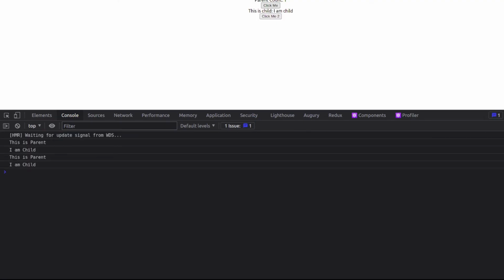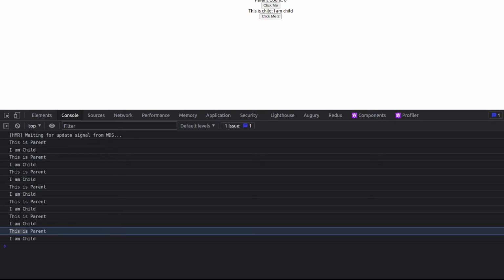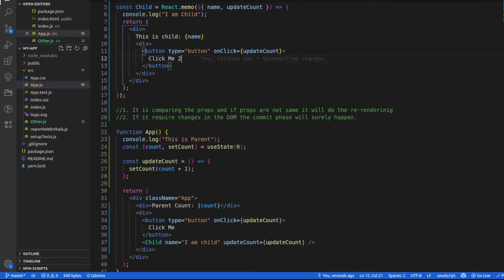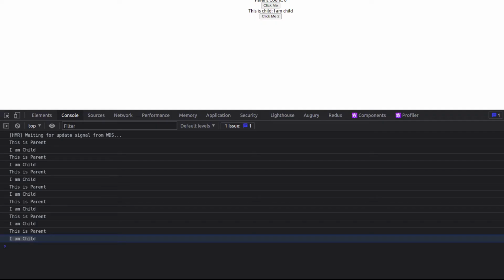So you can see that whenever I click the button, it is re-rendering the child again, right? You can see that my name is the same, my update count is the same, it is not changing, right? But still my child is getting re-rendered. Wow, that was the problem I was sharing with you.